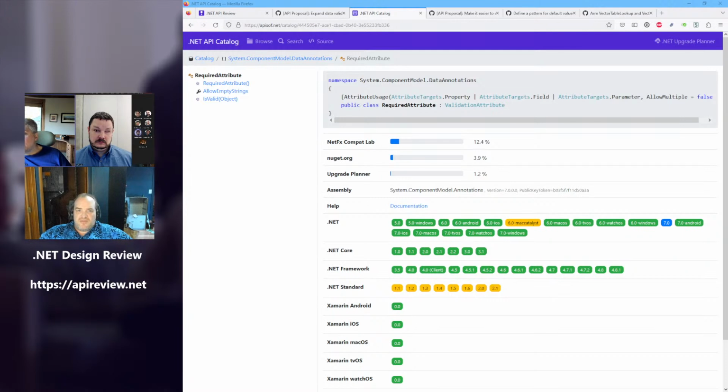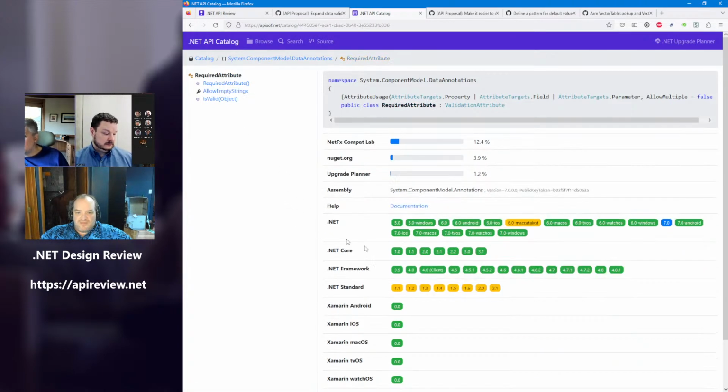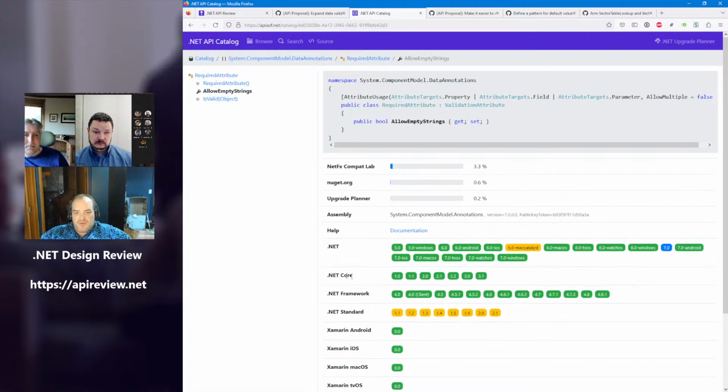Was AllowEmptyStrings there from the beginning? We have it in a couple places in our line. We have a GUID. There must be a GUID. No, it looks like the attribute came in 3.5 and the string handling came in 4. I find it interesting that it's defaulting to false. Was that the original behavior?